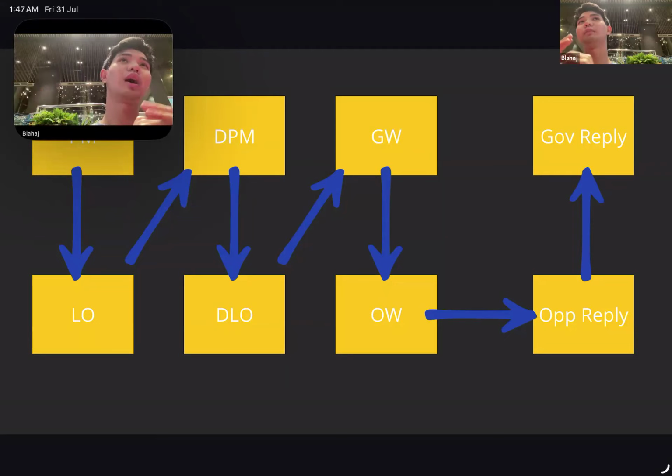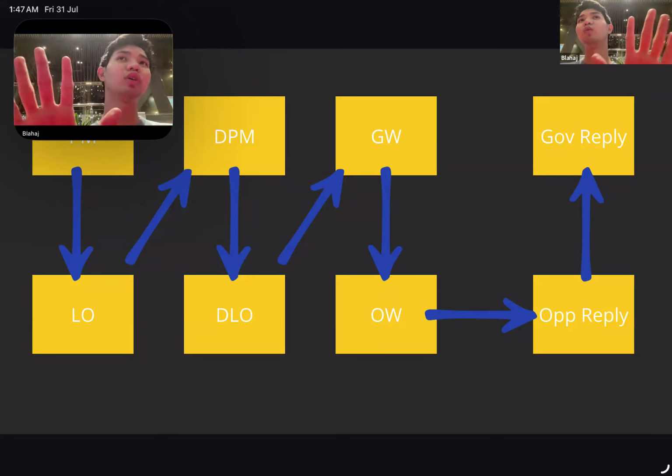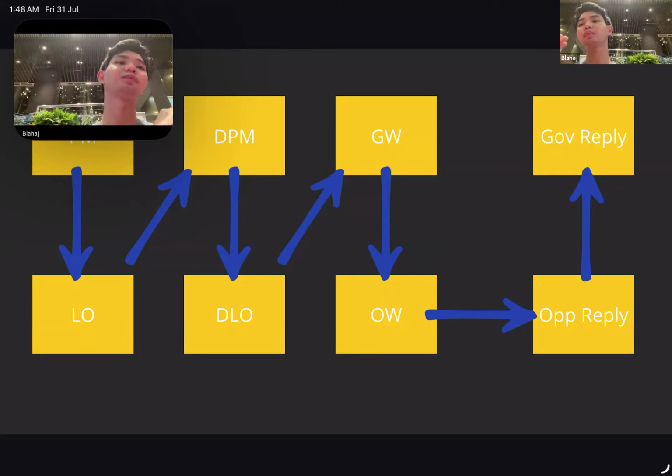So what we are expecting in terms of the limit of speeches is that 7 minutes is the maximum for the first speaker, second speaker, and third speaker for both sides, while 4 minutes is the maximum for reply speeches from both sides. More than that, we usually don't take note of what you are talking about after the 7 minutes because it's considerably unfair as the other teams are able to abide by that 7 minutes while your team exceeds it. So yeah.